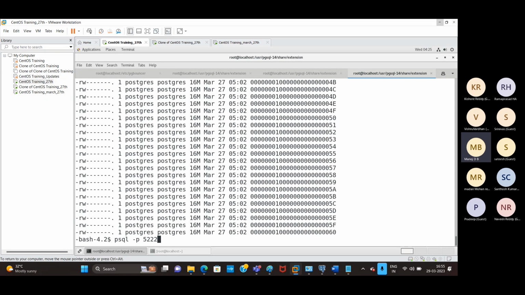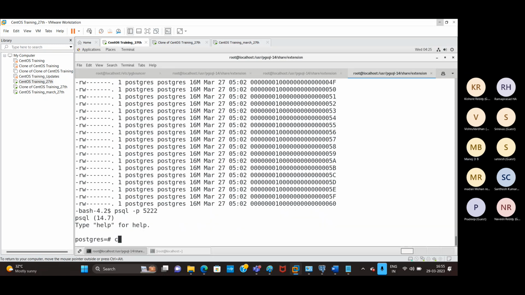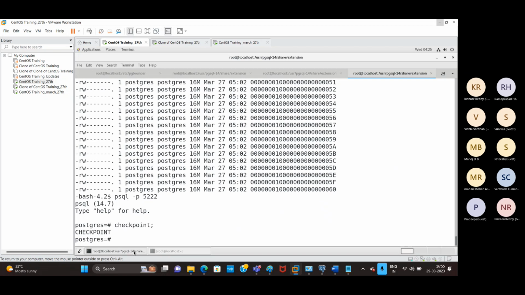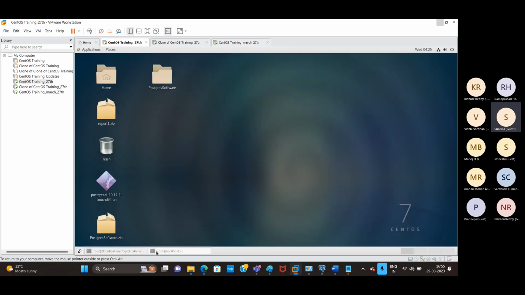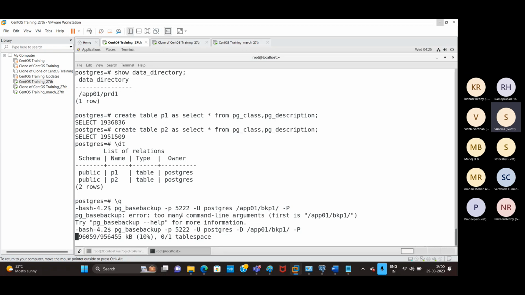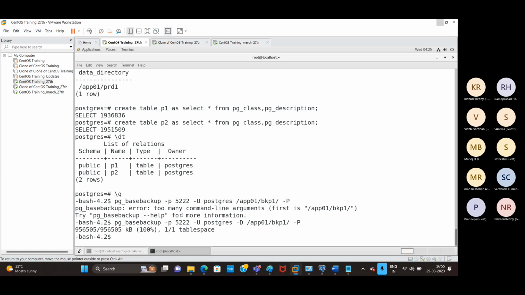psql -p 5222, checkpoint. You can observe here. Manoj, what is the default checkpoint time? 5 minutes. Okay. Yeah. So 5 minutes is not recommended, we need to change it to milliseconds. Yeah. So now in this backup, okay,